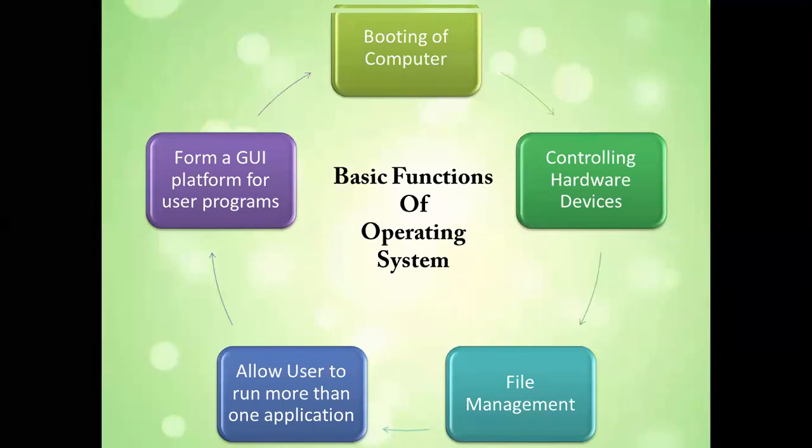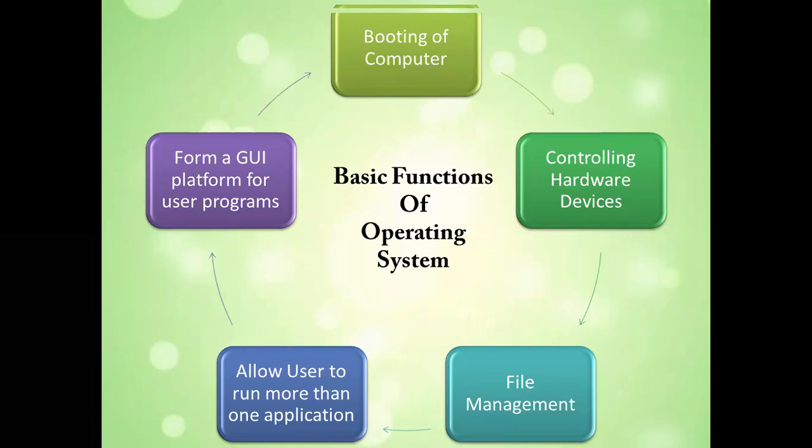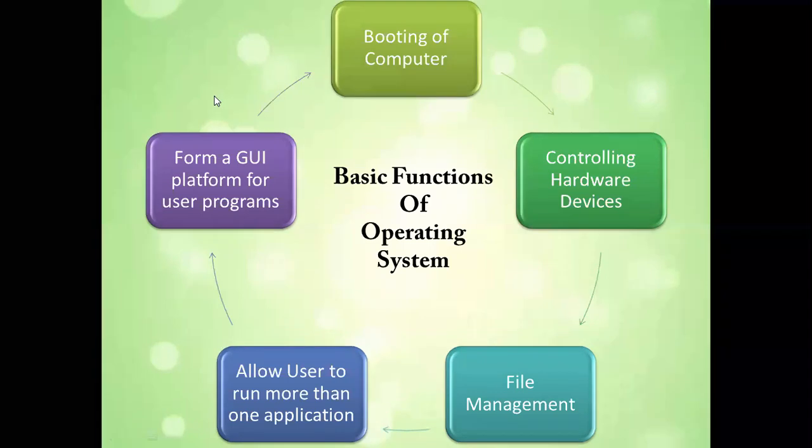Next, it allows users to run more than one application at a time. If I'm able to open 3 different applications on my system, I'm doing the Zoom meeting, I'm sharing the PPT with you, and maybe I have opened Google Chrome also. So all these are currently running in my system. This is because of the operating system, because the operating system is doing memory management and process management. All the processes are running together, and which process is allocated how much part of the memory, that is decided by the operating system.